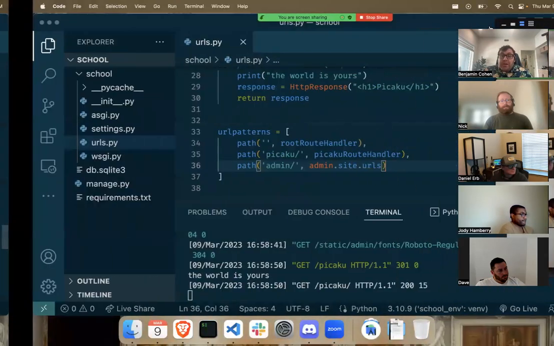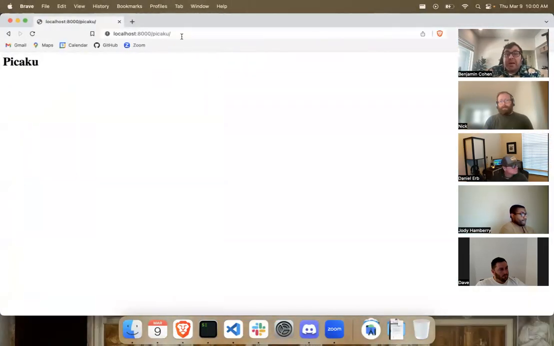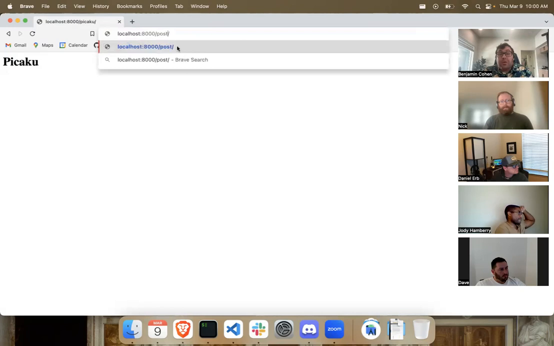Because for example, if I'm on a website, I might have something like Pikachu, right? And that's it. But even more likely, I'm going to have something like posts, right? Or I might have something like user or something. And then after that, I won't just have another thing. I'll have user like 44 because that represents the actual user we care about in the database. And then maybe posts and then /101